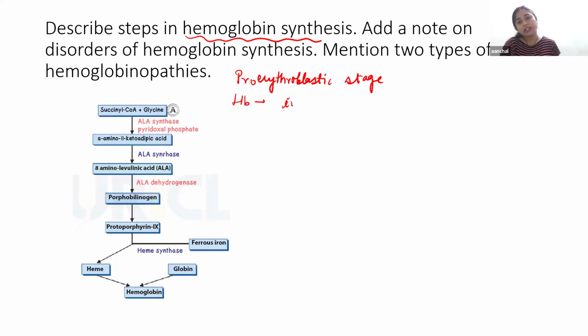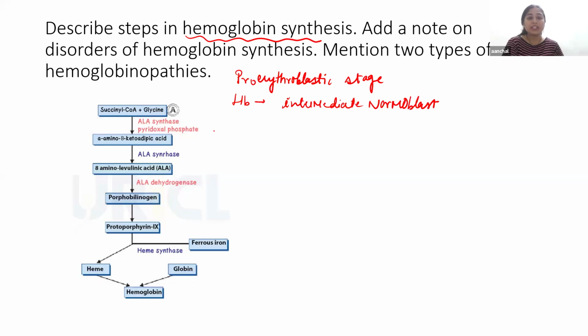Hemoglobin starts appearing in intermediate normoblast. And production of hemoglobin is continued until the stage of reticulocyte, and finally after reticulocyte we get the mature RBC, right? So the heme portion of hemoglobin is synthesized in mitochondria, and the protein part, globin, gets synthesized in